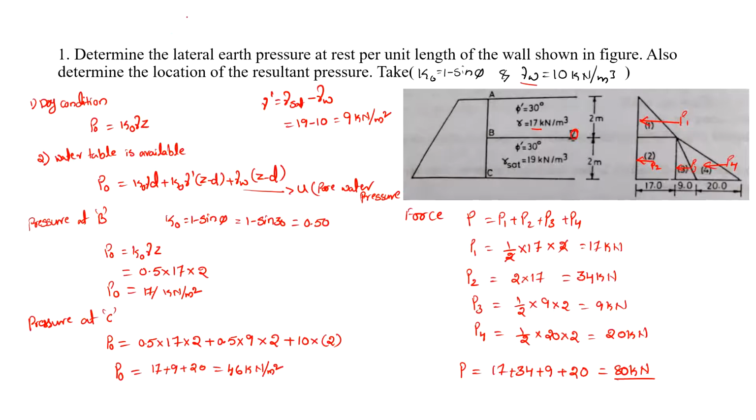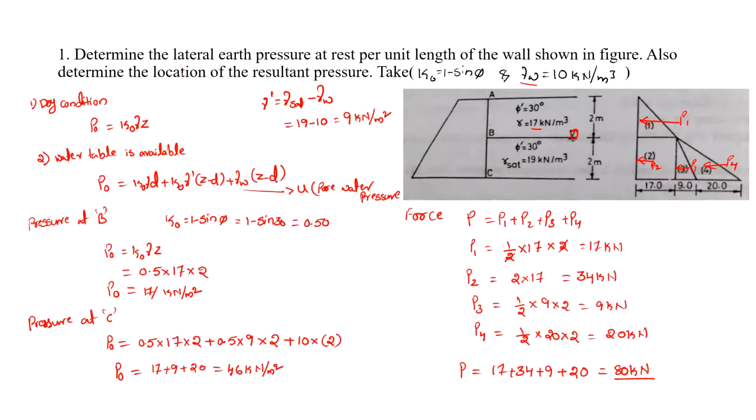So we have four forces. With those forces, if we calculate the moments, we can get the line of action of force, right? So we'll take 80 into, so this is the total pressure. Where it is acting we don't know, that value I am denoting with Z bar. That means we are taking the moments from the bottom. So Z bar is nothing but the height where the entire force is concentrated, right? So here the first force is 17. For this 17 force we have to calculate the moment, that means from this point to this point.